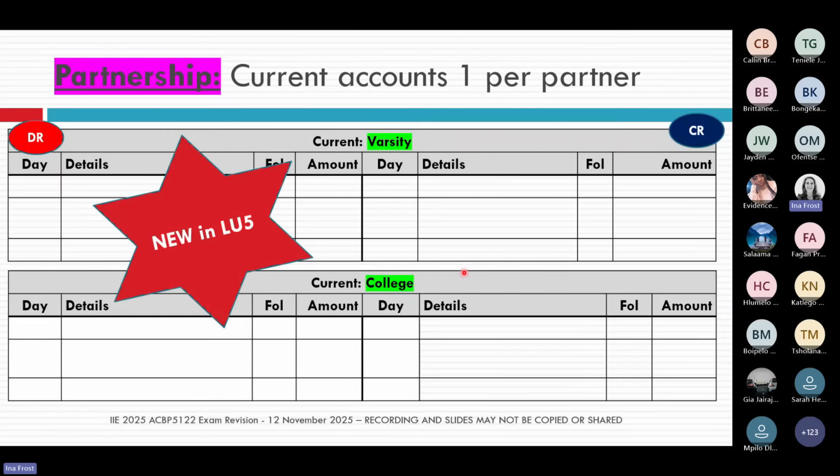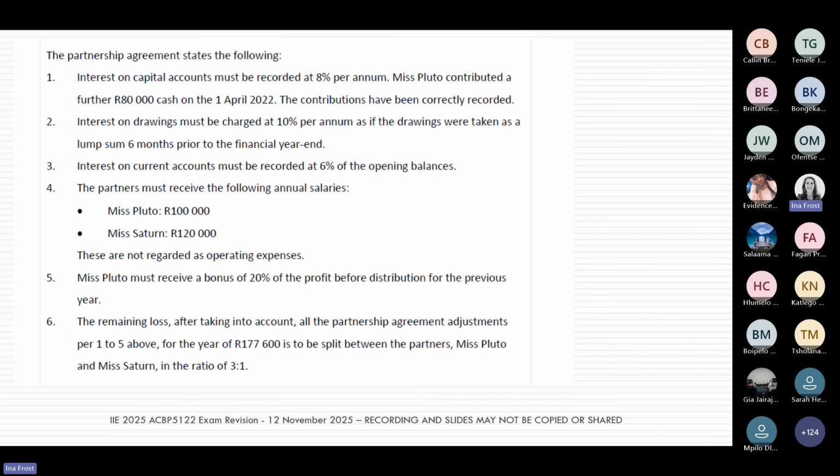And again, there's going to be one of these accounts for every partner. What do we put into these current accounts? Into these current accounts, we are going to put all the income and expenses that come out of the partnership agreement. In the partnership agreement, they are going to include things like interest. So this is also something new. For the first time now, the owner or partner is going to earn interest on their capital account balance, and that interest goes to the current account.